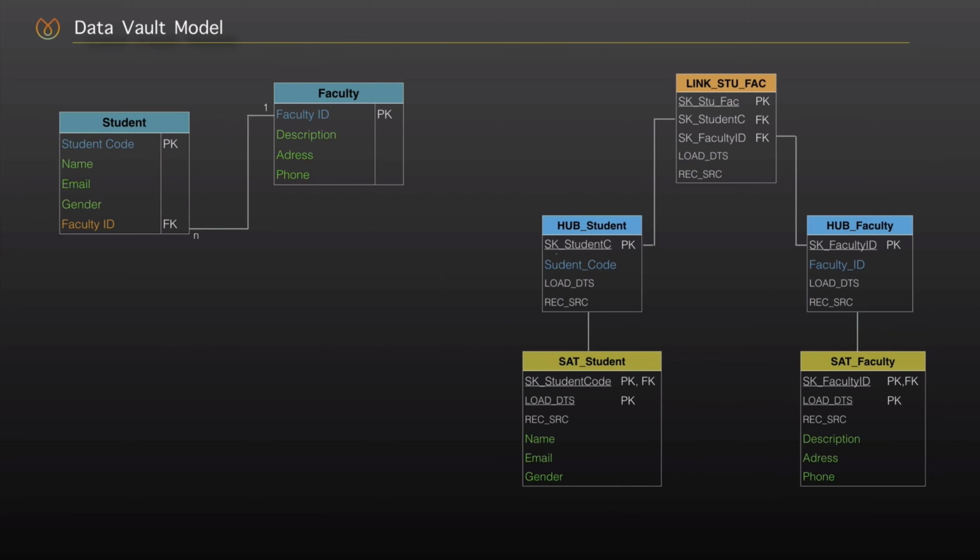So as a first step, we separated both business keys from faculty and student to different hubs, which we colored as blue, and they are student code and the faculty ID. Then the foreign key column, faculty ID in child table, indicates that we need a link table. So we inserted the hash key values of parent hub tables into the link table. And finally, we split the attributes like name or email of a student or phone or address of a faculty